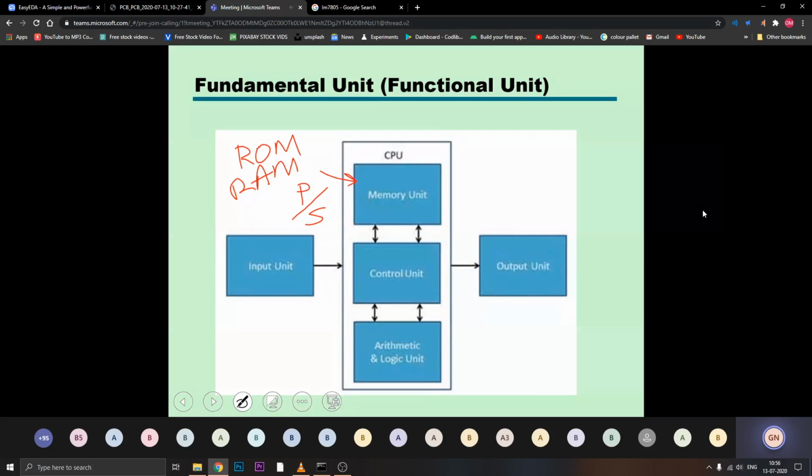There you will learn what is RAM and what is ROM. ROM is basically read only memory where I can store applications or programs which are used every time to start a computer. For example, there are some routines or functions which are to be executed, for example BIOS or POST or IO drivers.